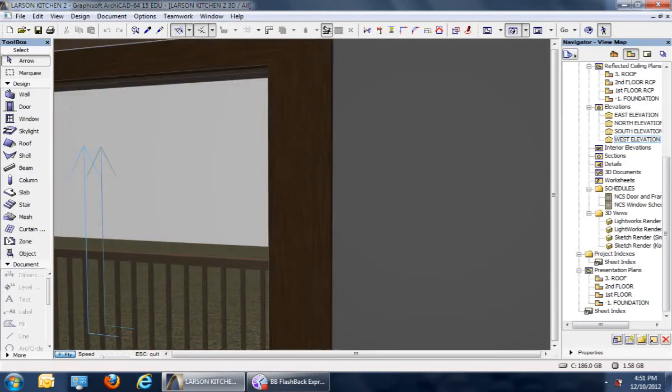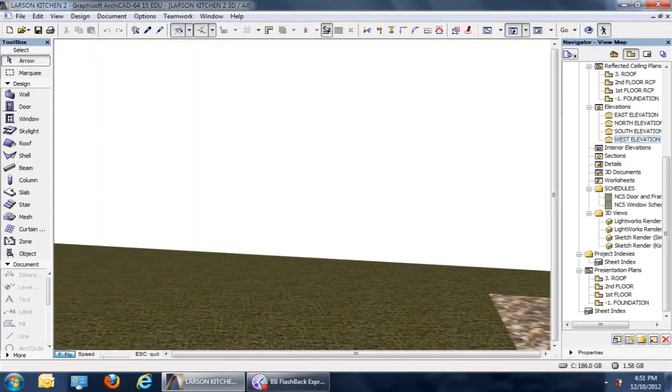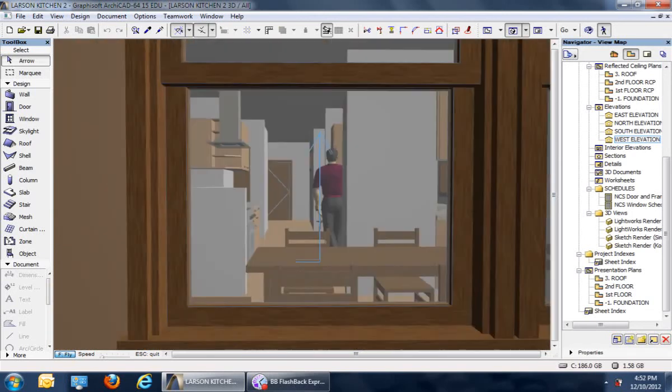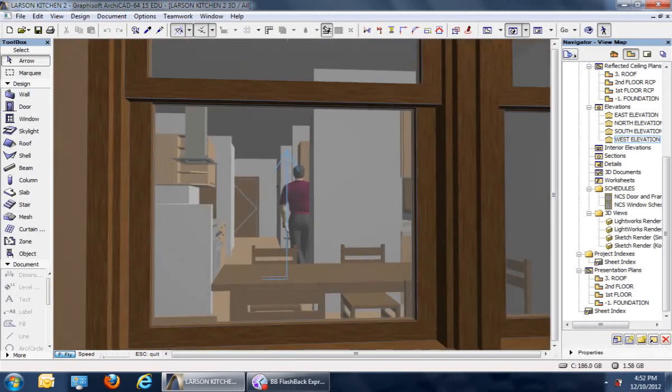The other neat thing about the window, I'm just going to sneak outside the window right here and show you a fun little feature that clients can appreciate. I can show them what people will see when they're looking in their windows before the house is ever built. So if there is a view into a space that they're not comfortable with, they're going to know that before we ever pour a foundation, before we ever break ground and put up framing, which means that they're going to